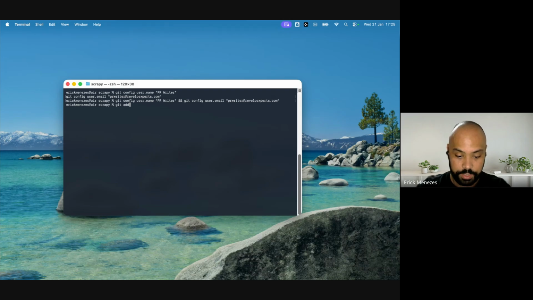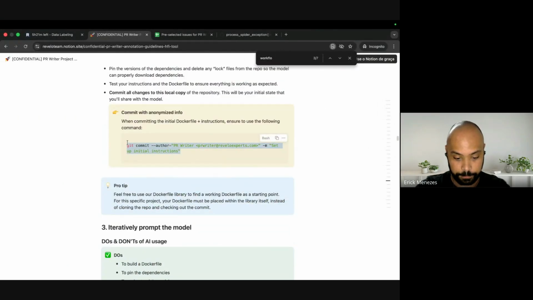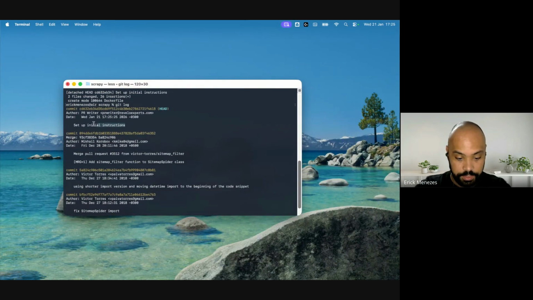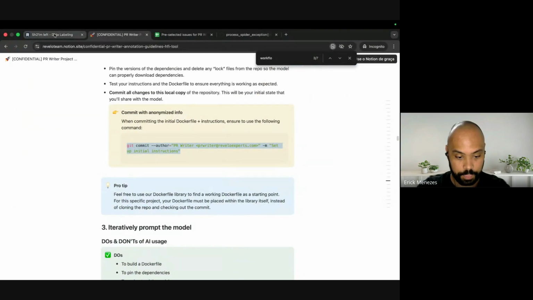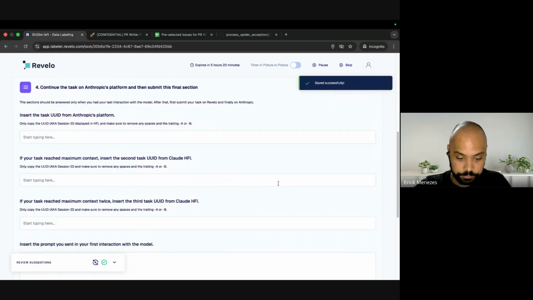I'm going to git add everything that I changed, and I'm going to make the initial commit. Okay, that done, I can get my SHA, put it on the platform, and submit. So now we are ready to start with the models.